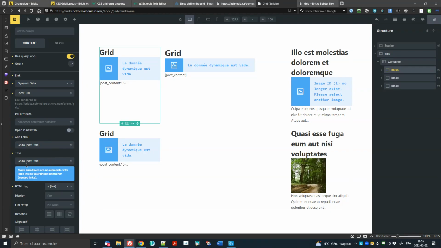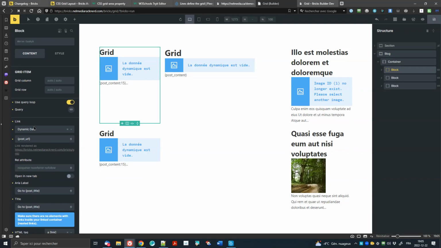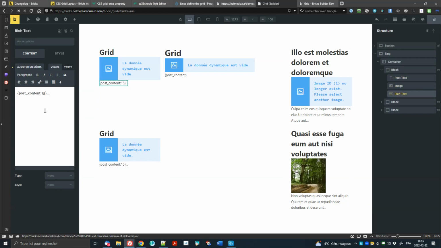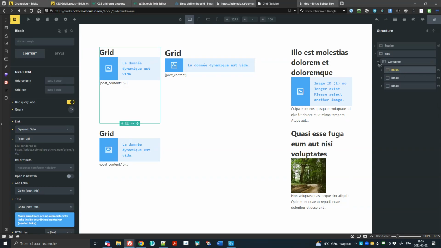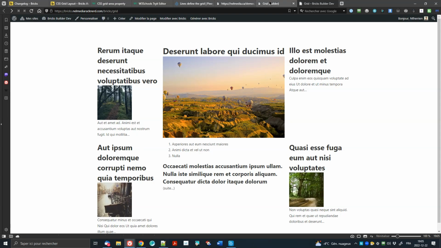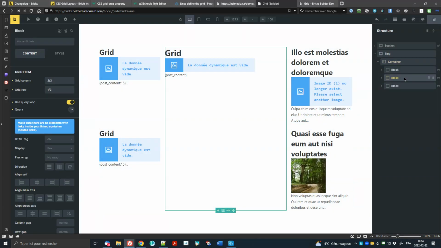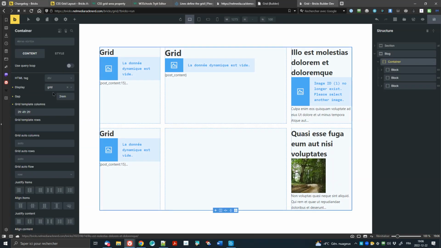Also, I have added some little things here that are not necessarily good for the example. So this is the only thing that we need to know. And inside of that, of course, I have my post title, my image, and some rich text for my excerpt. So the first column that we see visually here in my end page is the first fraction of my container, which takes 2 fractions of the entire width. My second block, which takes 4 fractions, double size in other words,